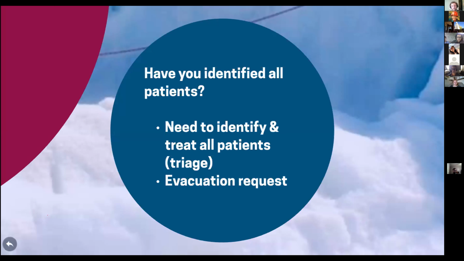And then the evacuation request, if this is a very serious injury and you need to make an evacuation request, whether that request is for a helicopter or an ambulance or a search and rescue crew, just make sure that you have identified all your patients and then identify what patients will need to be evacuated and what sorts of means will be used to evacuate those patients. For example, a lot of helicopters can only fit 1 patient. So if you have multiple patients that are critical, you're going to need to request multiple helicopters. So in advance, you're going to want to find out as soon as possible how many patients you have so you can make an appropriate evac request.